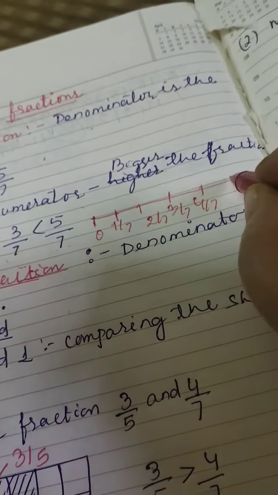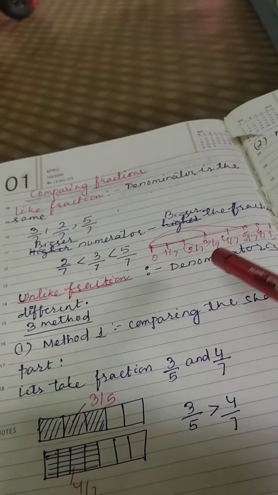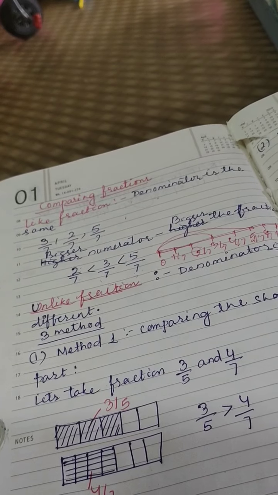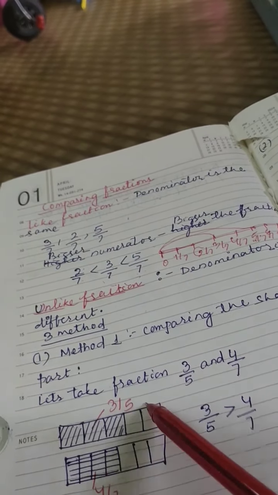What will we do with unlike fractions? Unlike fractions means the denominators are different, but the fractions are out of the same space, same amount, same thing. The whole must be absolutely the same, but the denominators are different. This means the same space is divided in different ways. We know this from dividing the same space into different fractions in equivalent fractions.